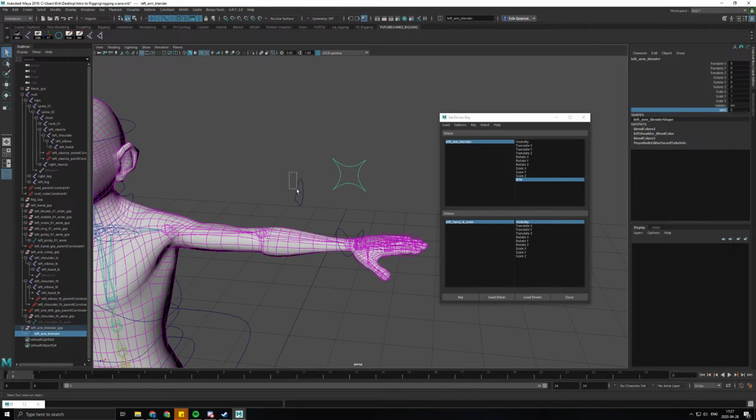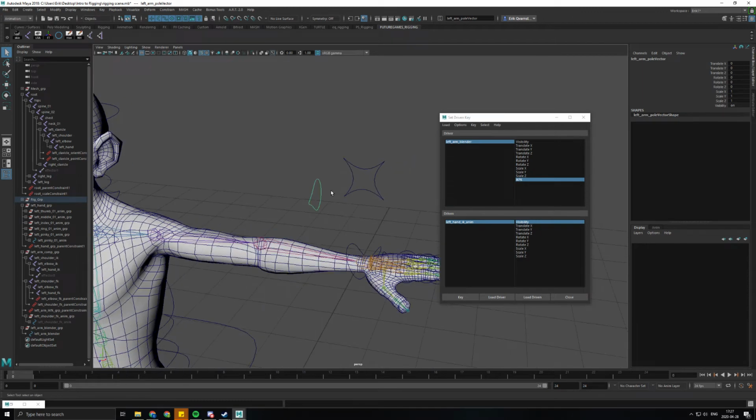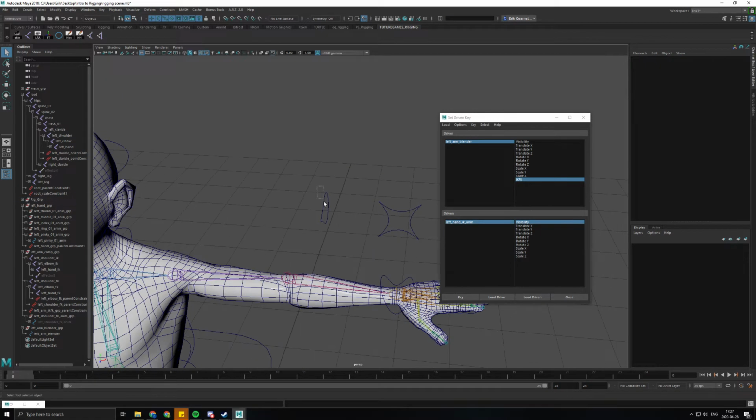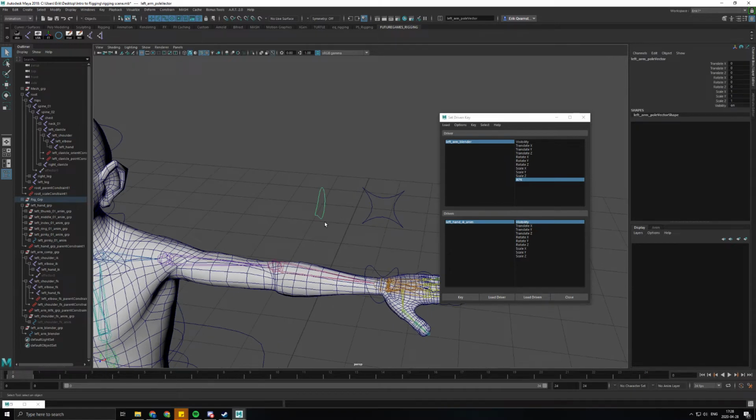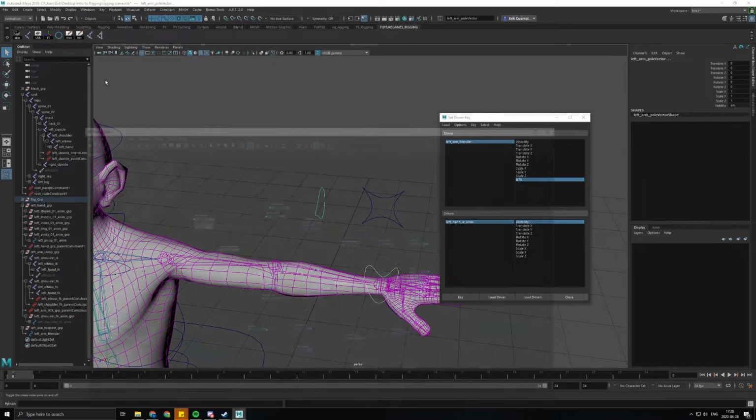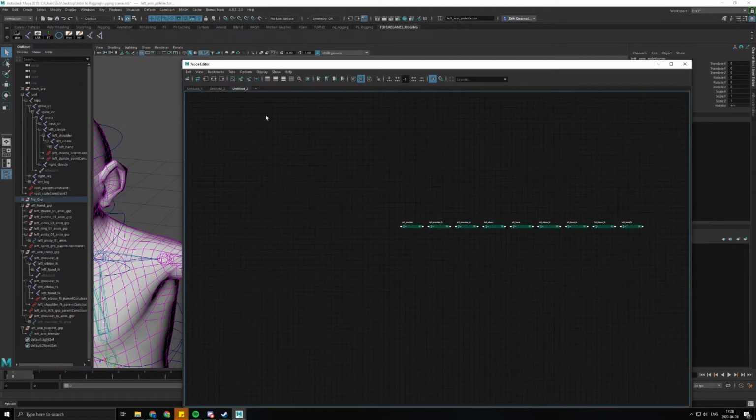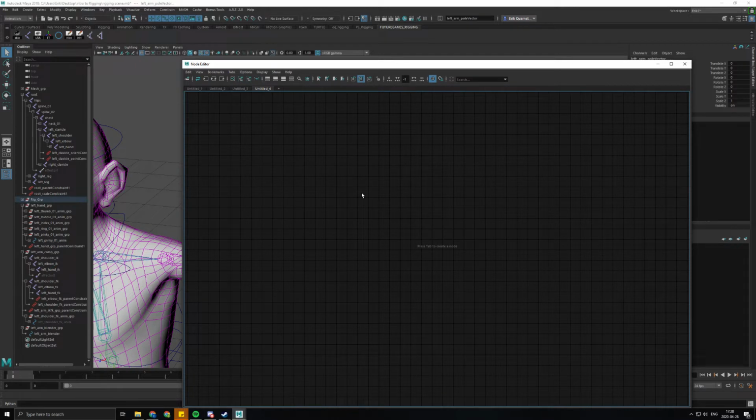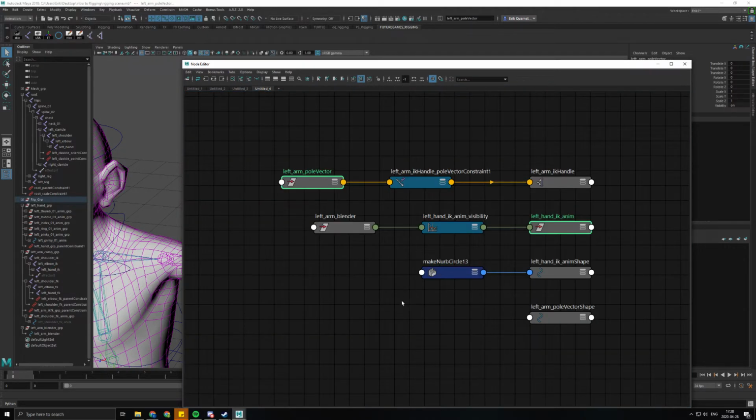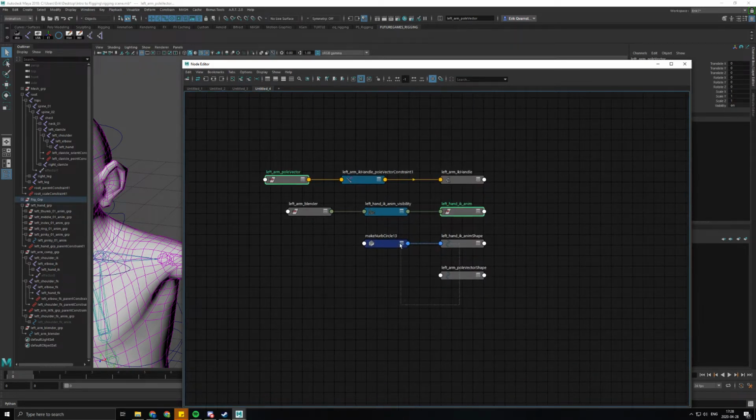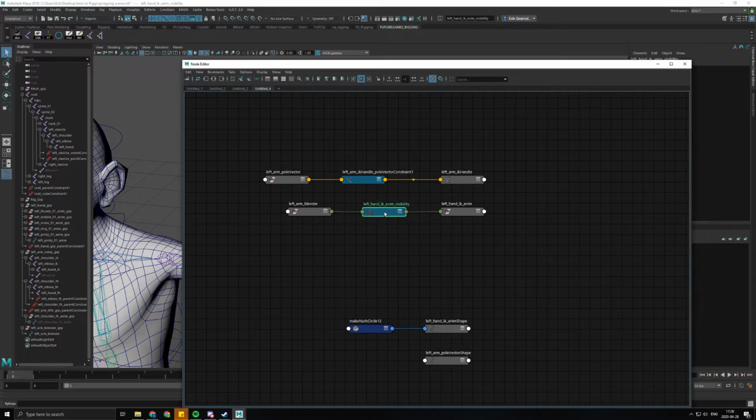I'm also noticing I forgot the pole vector as well. So you can either follow these exact steps, or you should be able to, if I select these two, and I'm going into the node editor again, I'm going to open up a new tab, add these controls, and you'll see the set-driven key that we created, which is this,